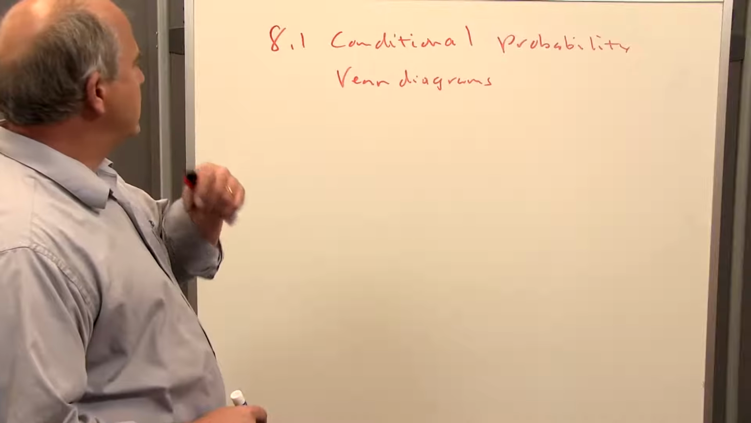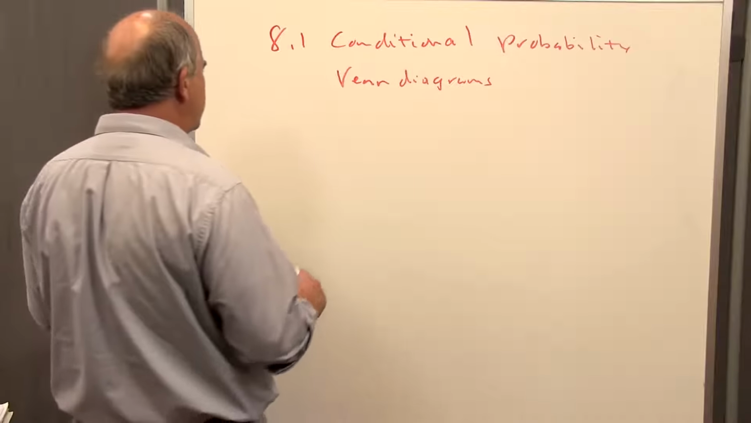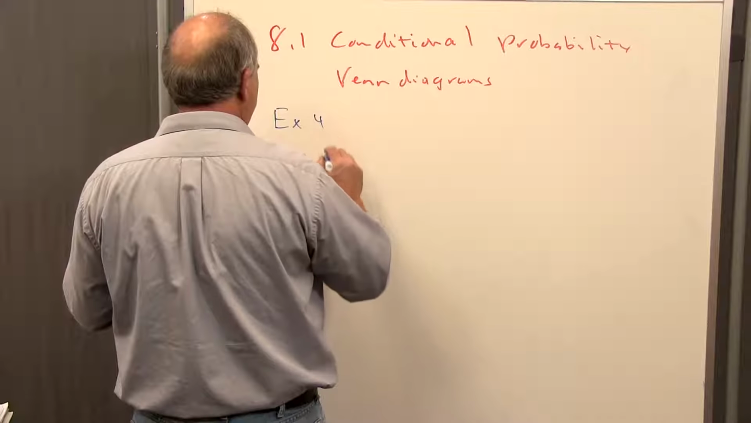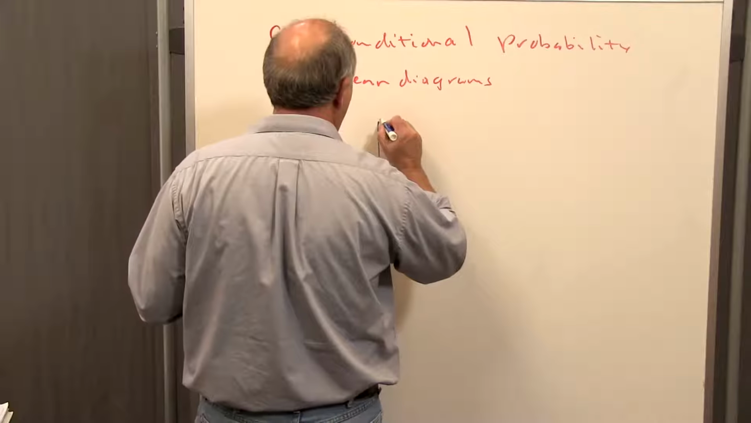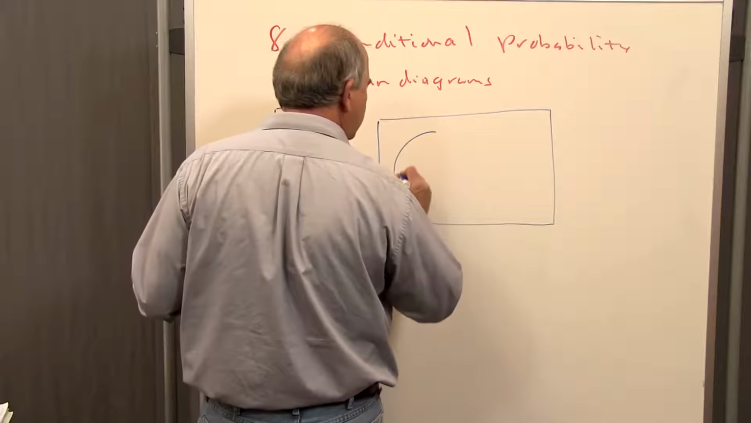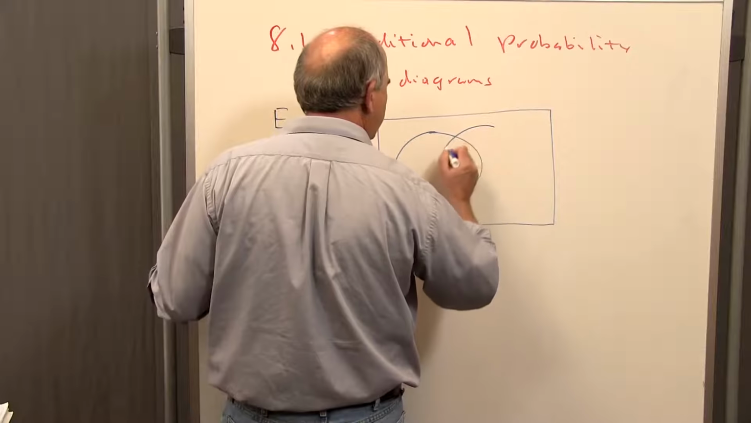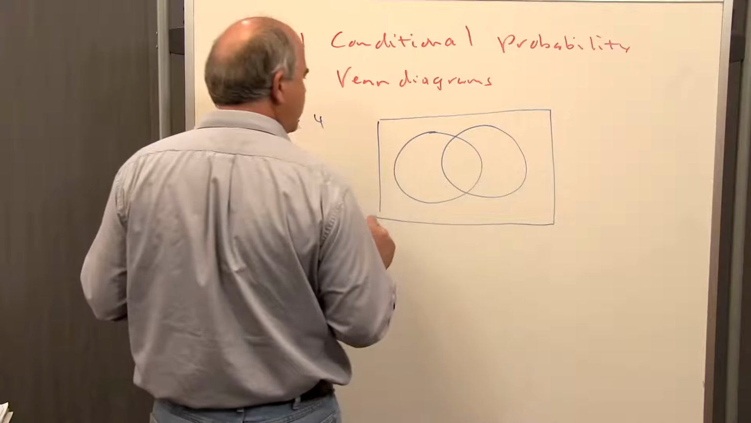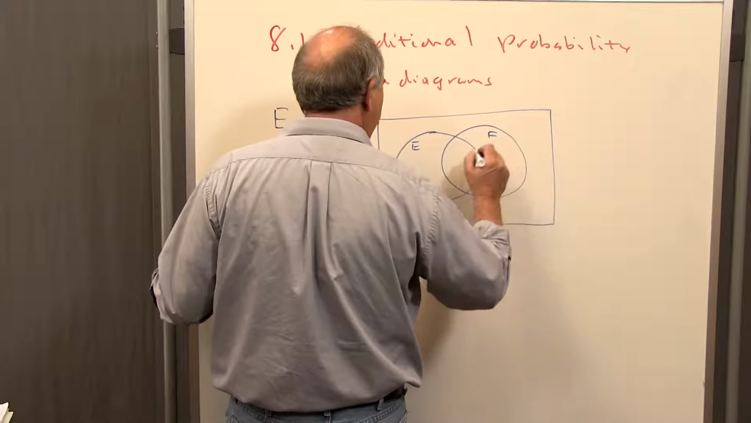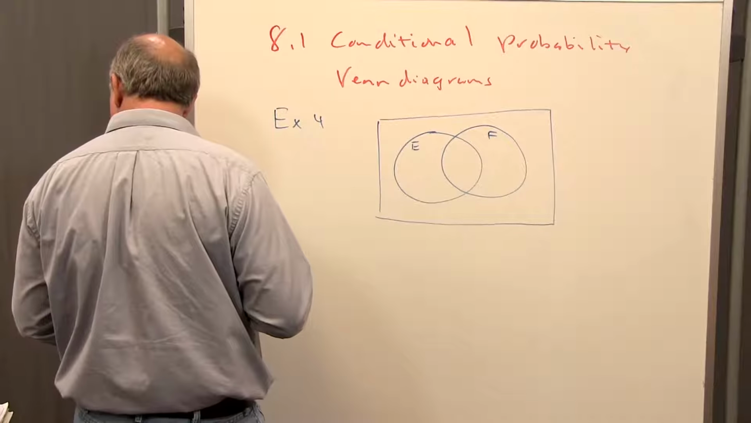So we're gonna talk some more about conditional probability and Venn diagrams. I believe this might be an example from the book, example 4. I'm not sure whether you're given the Venn diagram or it's described, but I'm going to give you the Venn diagram in this case. If this is E and this is F,